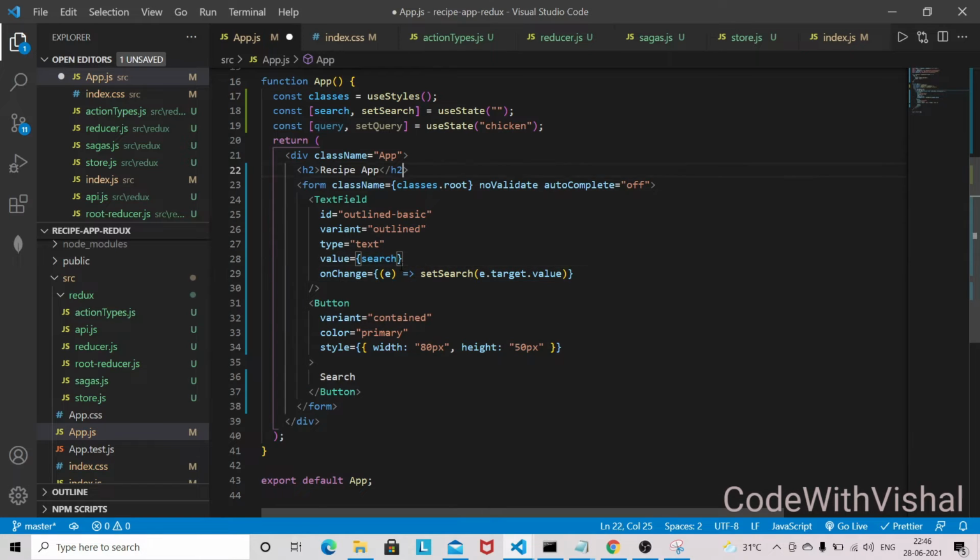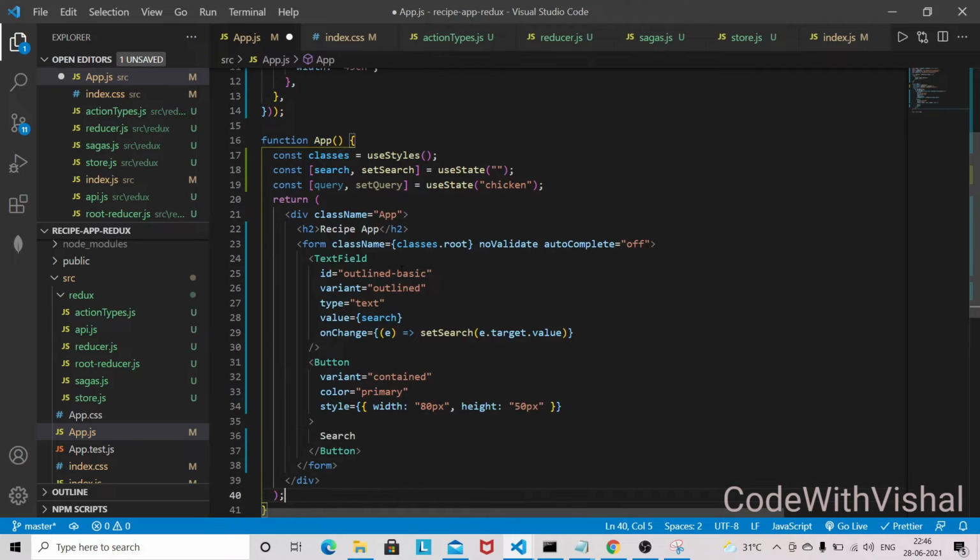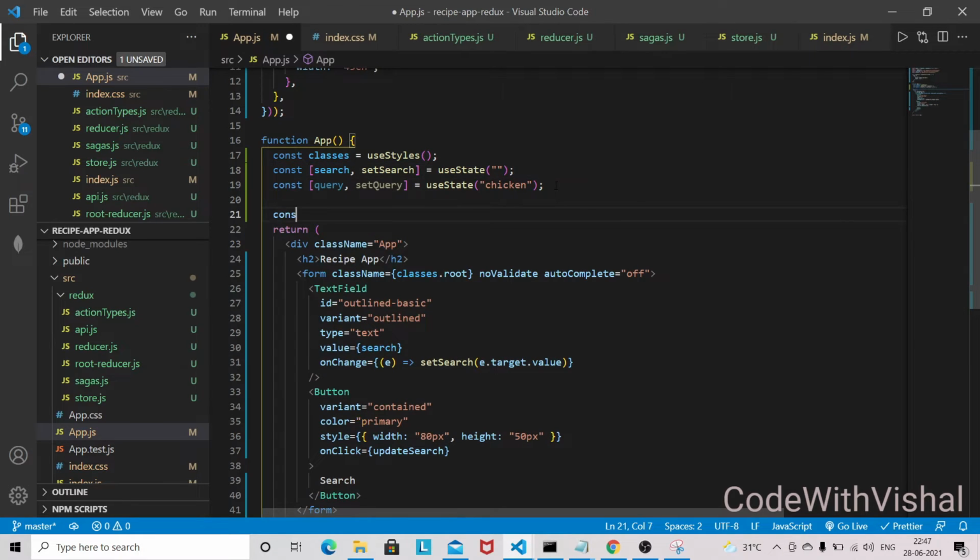Okay, so we have to define one onClick method, updateSearch. Once the user has stopped writing into the search input field, then I am going to set the query here, because I don't want to make an API call again and again.